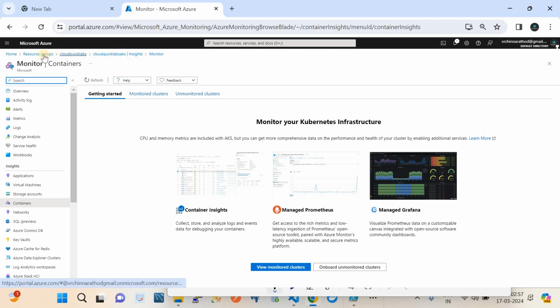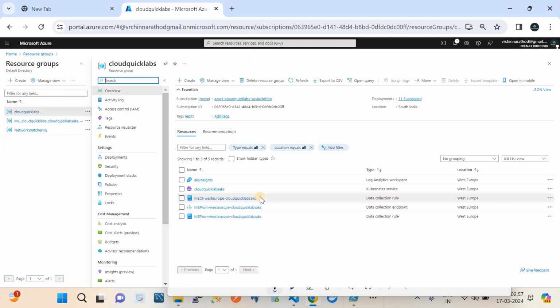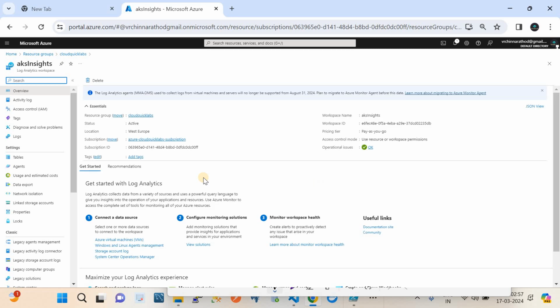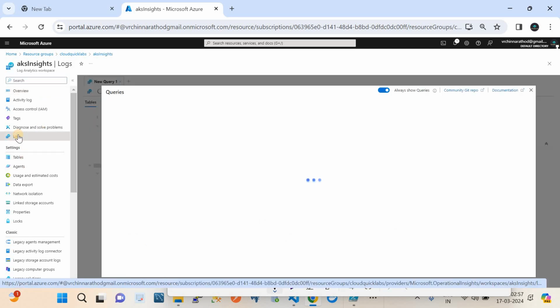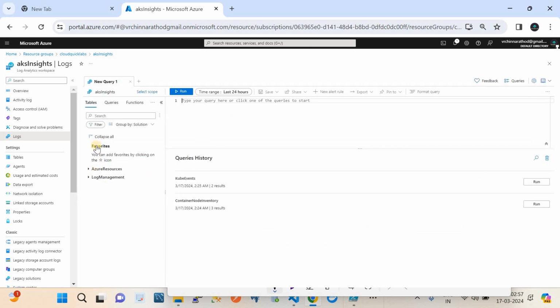Now what I do is, this is not enough, right? Generally, as I said, in the container insights you can get a handful of insights from the AKS service page. But if you go to the Log Analytics Workspace, you're going to get more. So let's see what we can explore more about the container insights. You need to go to the Log Analytics Workspace and click on logs. Once you click on logs and close this options,